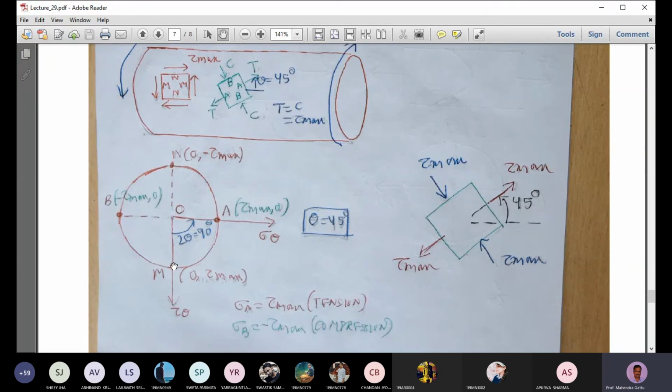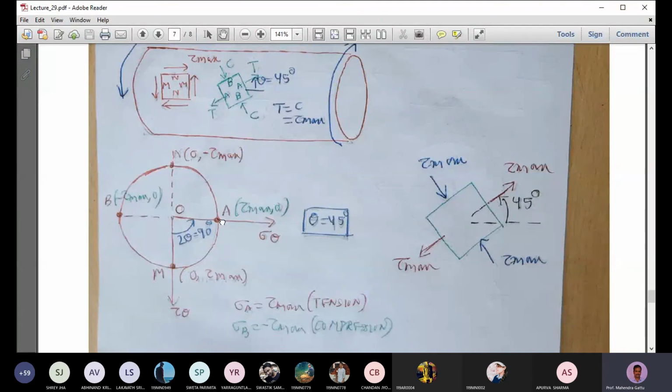So once you know the M and N points, what we can do, we can find the midpoint. Midpoint happens to be coinciding with the origin. So we can draw a circle with the radius ON or OM, and the circle will pass through M and N. It will intersect sigma theta at A and B. So at A we can get the value, that is tau max comma 0, and B value will be minus tau max comma 0. So A and B correspond to the principal stresses.